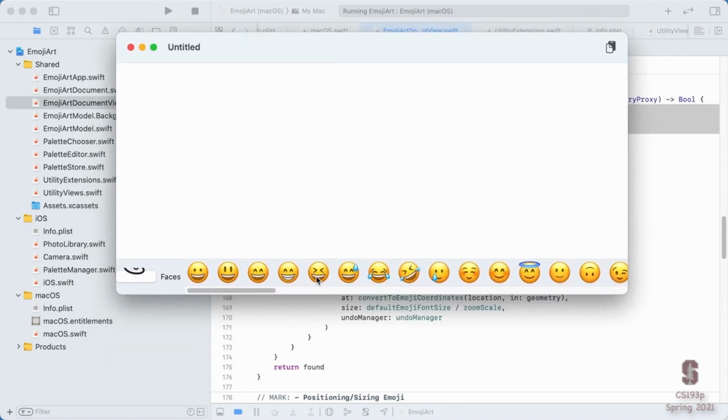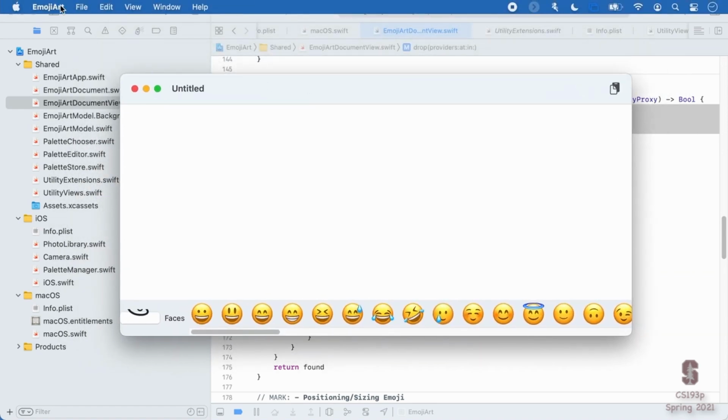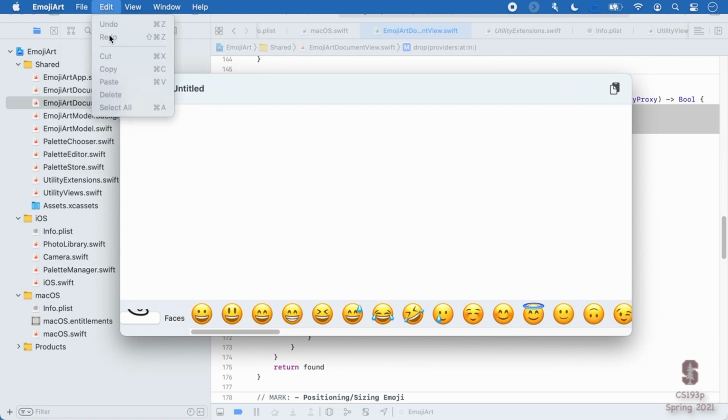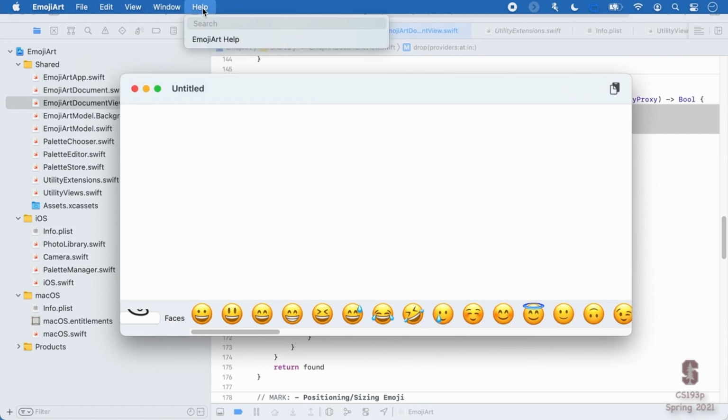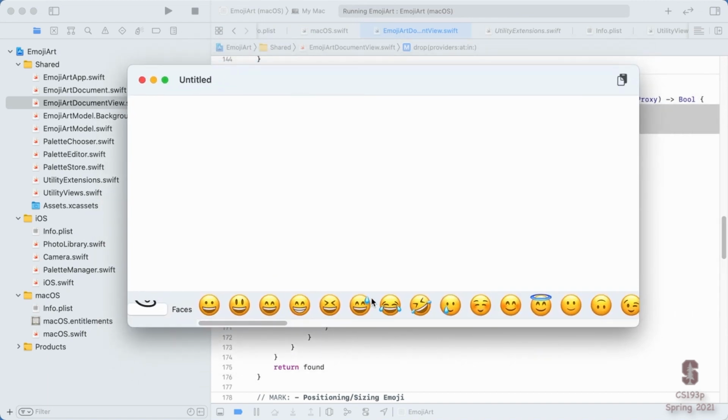This is a normal iOS kind of emoji art document, but it's on macOS. And this is very much a macOS app. Look at this: emoji art, file, new, open recent, close, save, even edit, undo, and redo when we start doing things. I'll show you these tabs when we have multiple documents right there, switching windows. I mean, this looks very much like a Mac app. And I can do things like picking these things up, dragging and dropping them here. Oh no, it's not working. Why is it not accepting my drop?